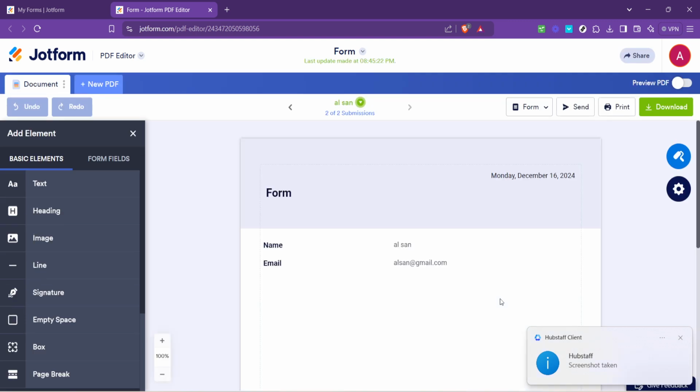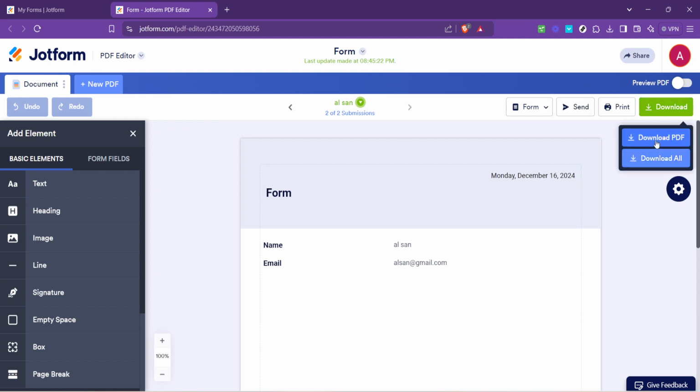Upon clicking Create PDF Document, Jotform will take you to a new page dedicated to customizing how your PDF will look. But if you're here to simply download your form as is, your attention should be directed towards the Download button. Clicking this button will initiate the process where Jotform converts your selected form into a PDF file ready for download. Once the conversion process is complete, the download should automatically start, and you'll find the PDF file in your computer's download folder or whichever location you've set for downloads. It's as simple as that. With just a few clicks, you've successfully saved your online form as a PDF document.